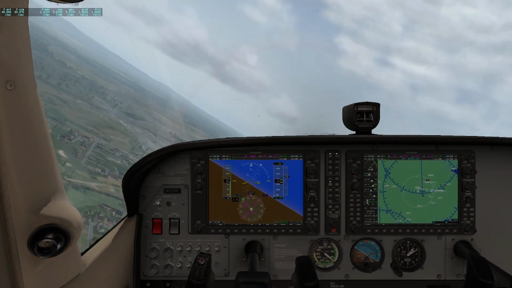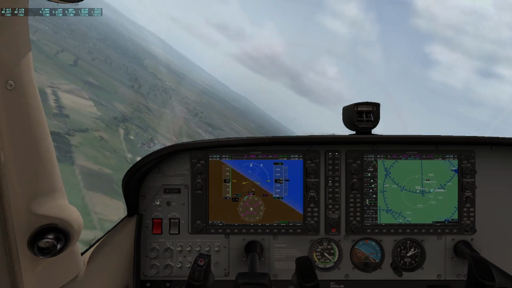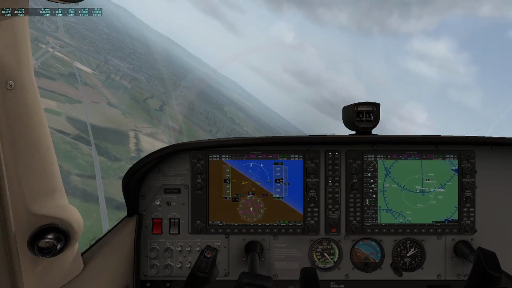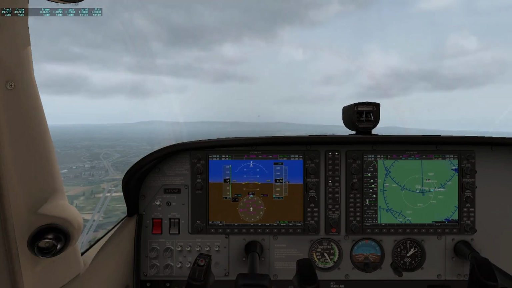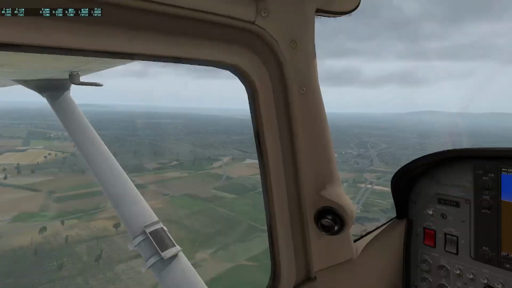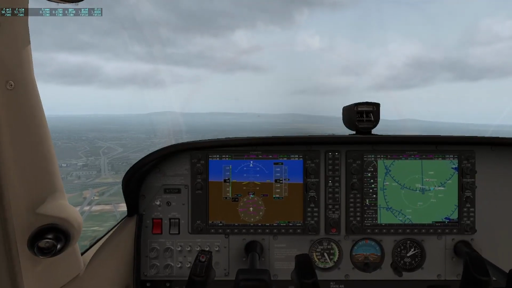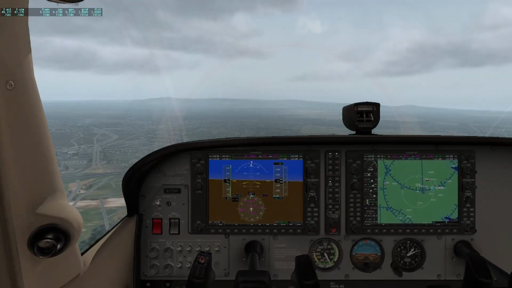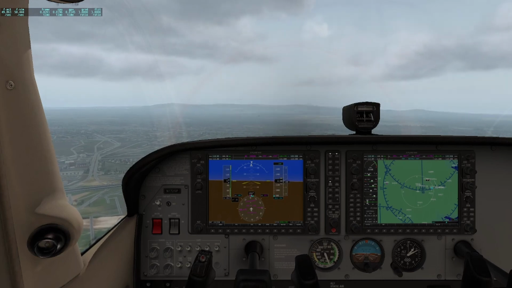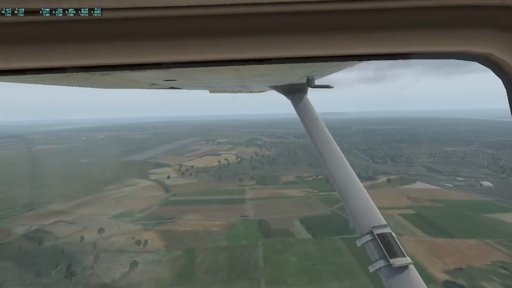Just make sure, because when you're turning, often your nose can rise and your airspeed can lower. So jump in, level the wings, and now there's the runway around the 7 o'clock position. And across one leg, just wait until we can be parallel with the runway with enough space to